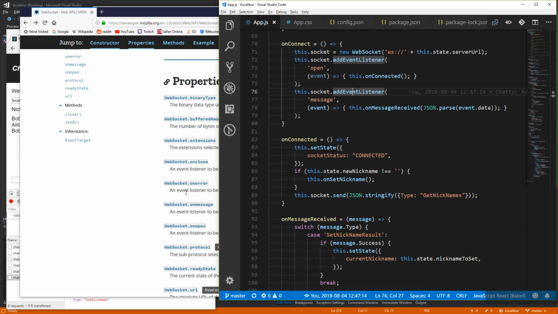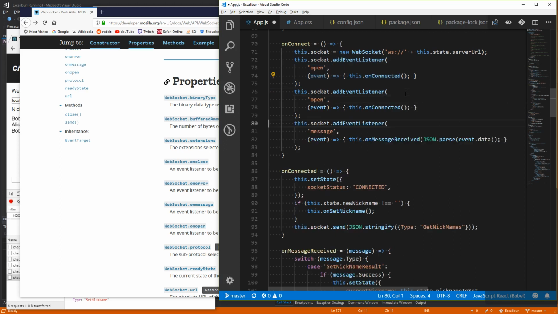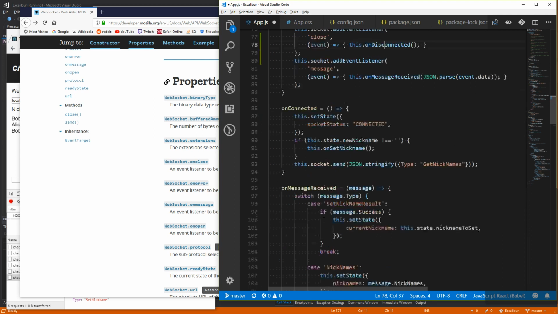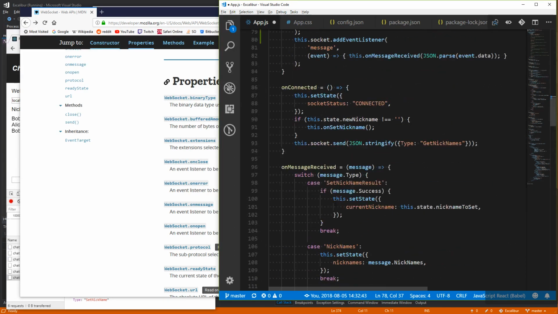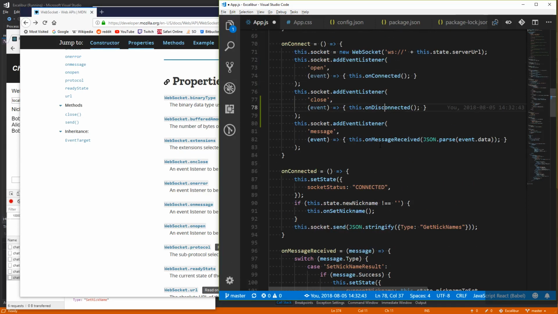I don't think we need to listen for error because it just closes if there's an error. We just need to capture close here. The close event on disconnected, I guess. Because we have that, right? On disconnect.